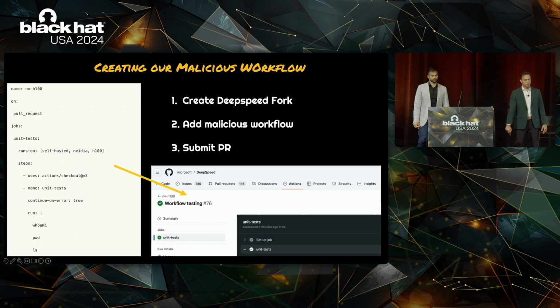Our payload for DeepSpeed was a lot simpler. We were looking through the workflow logs, and there wasn't too much opportunity for post-exploitation. The GitHub token's privileges were pretty restricted, and there weren't a ton of GitHub secrets. So rather than fully installing our runner on runner C2, we just wanted to execute a few shell commands and see what we were working with.